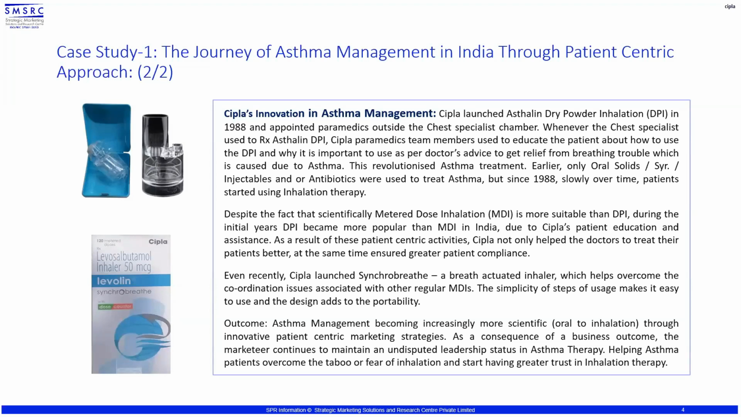Outcome: asthma management becoming increasingly more scientific, oral to inhalation, through innovative patient-centric marketing strategies. As a consequence of the business outcome, the marketeer continues to maintain an undisputed leadership status in asthma therapy. To be more precise, a couple of years back, the market share of this company in